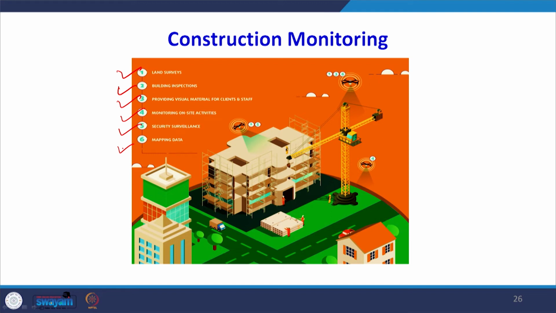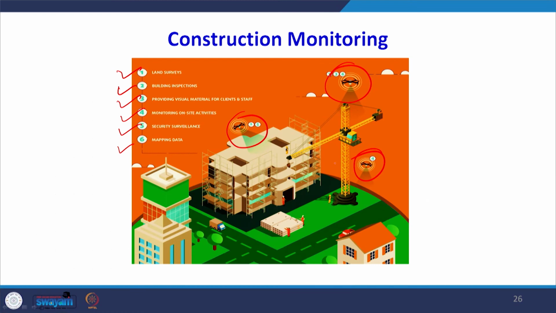Here we are using more than one drone. We are using multiple drones together and at different heights. You can see there is one here on the top which is monitoring activities number 1, 3 and 4. There is one just on top of the structure or buildings monitoring activities number 3 and 5, and further down this one is monitoring activity number 4. So, at different heights these drones are monitoring different activities and they are also communicating with each other. So, a lot of data at the construction site can be collected even without visiting the site every day.